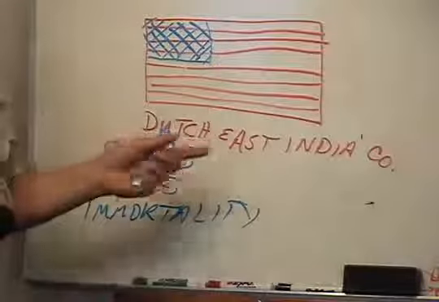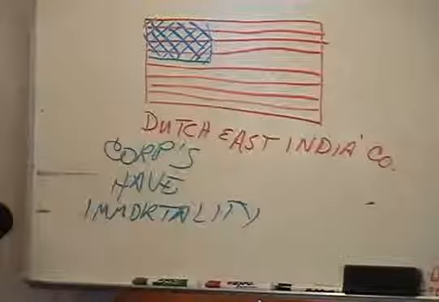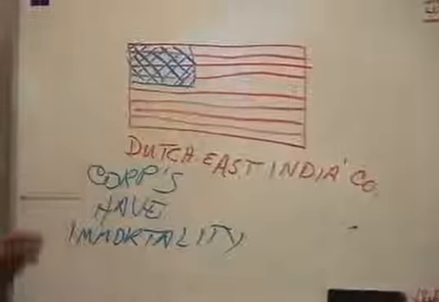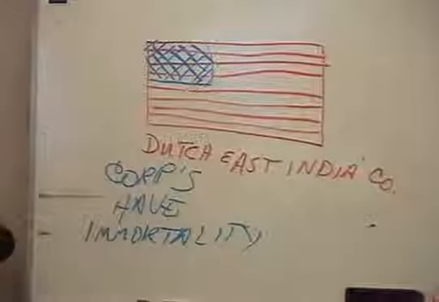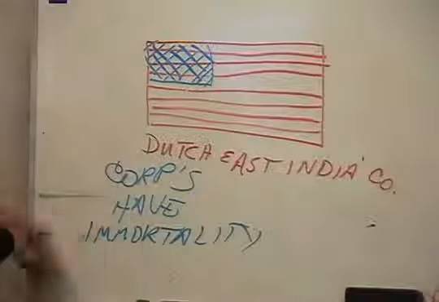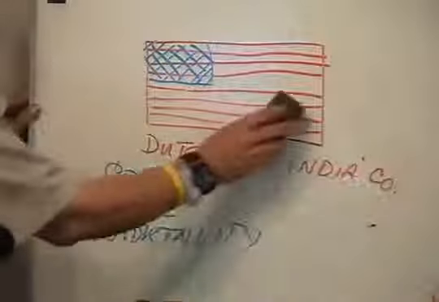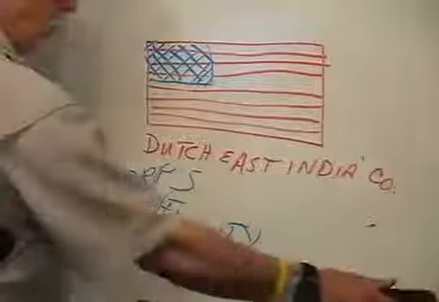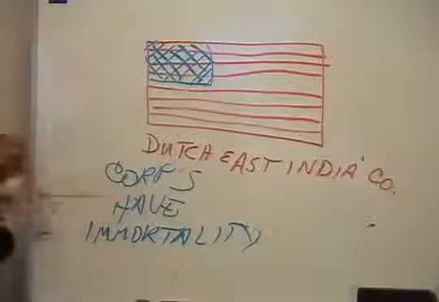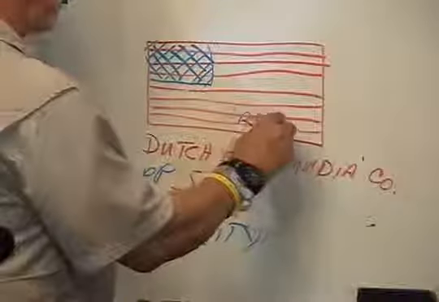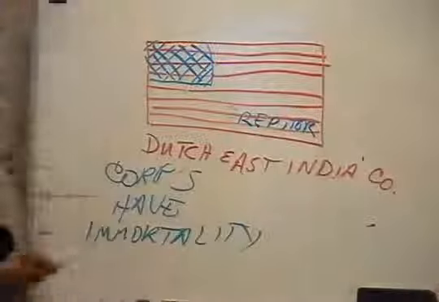So once they create your name as a straw man, you're not dead. That's why they're going to come back after you're dead and go after your estate, your probate, whatever, and they continue to claim that name. So if corporations have immortality, then the Dutch East India Company is still immortally in control. They'd be basically the creditor. And what goes in the top left-hand side?